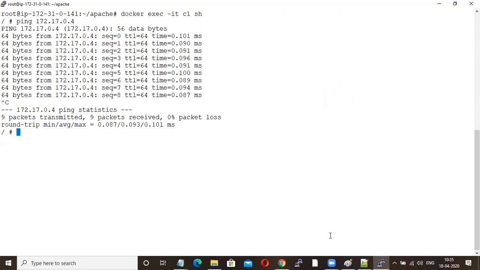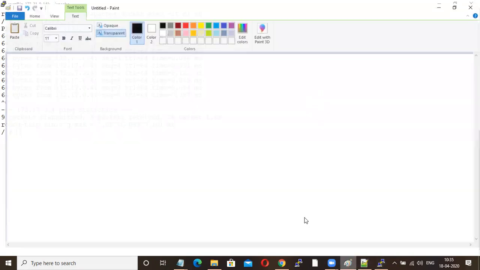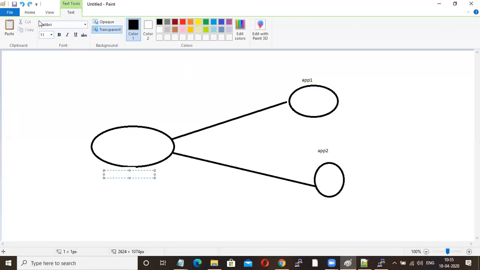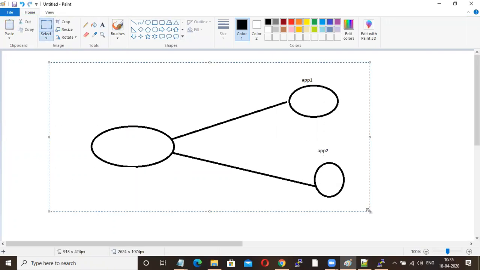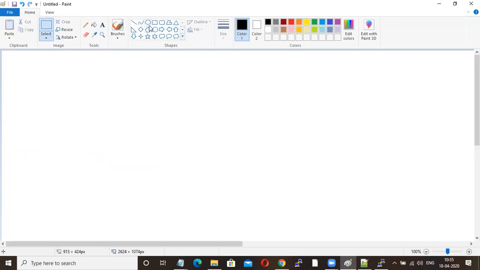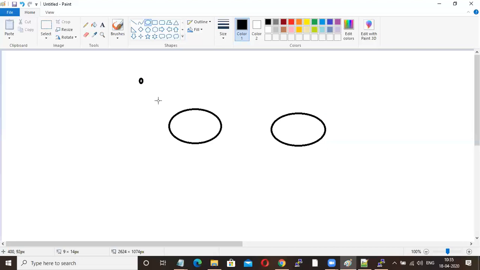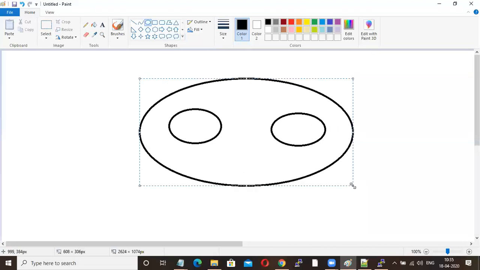For example, this is your first container, this is your second container. When you are not specifying any network, these two will be in the same network called bridge network.